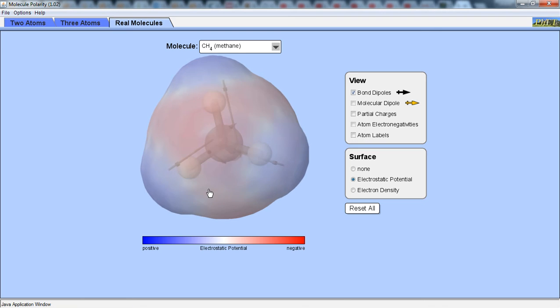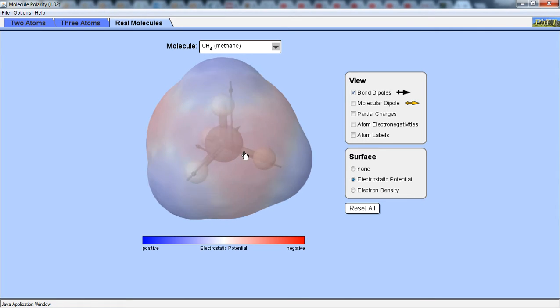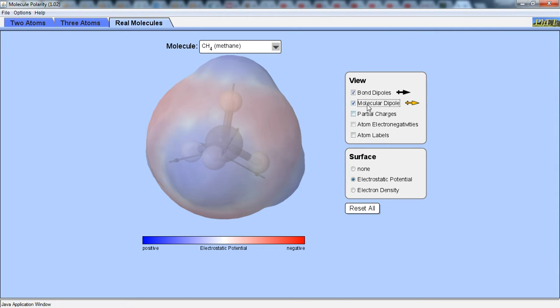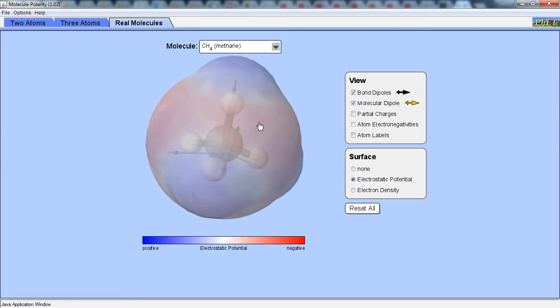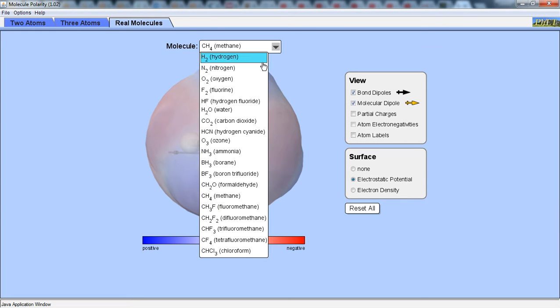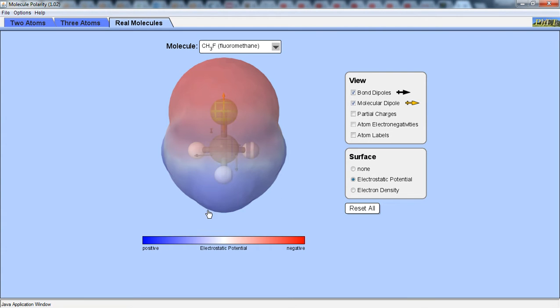But because the hydrogen atoms are equally spaced around the carbon, there is no yellow arrow showing a molecular dipole, and you can see from this electrostatic potential that the electron density is spread evenly around the central carbon atom. So alkanes are nonpolar. If I look though at other molecules, so let's look at some haloalkanes, so the CH3F,